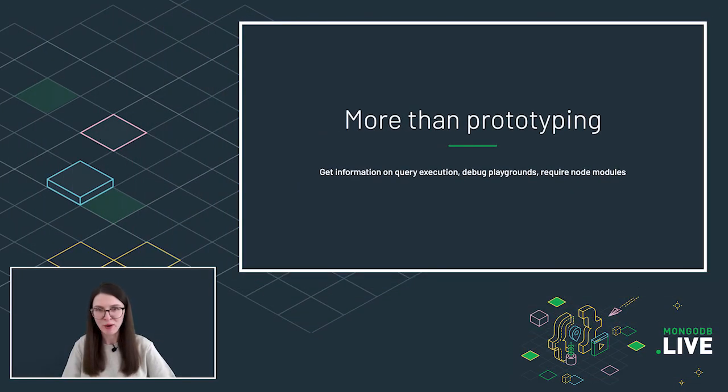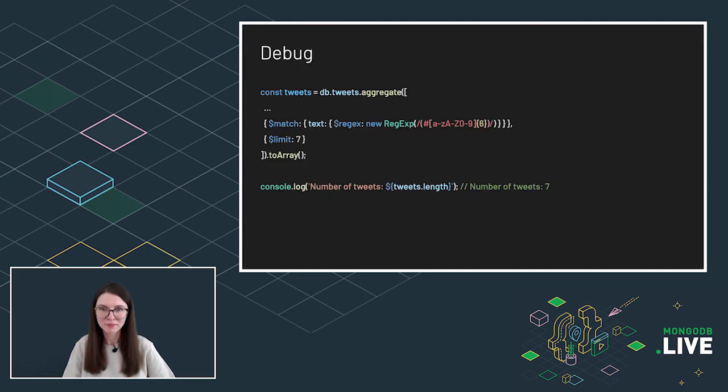So with MongoDB Playgrounds, you can access your MongoDB documents, prototype queries, check playground results, or even run stages to debug your aggregation pipeline. But there is even more that you can do. MongoDB Playgrounds are JavaScript environments. It means you are not limited to writing only MongoDB commands. For example, you can use console logs so you don't have to change the playground output each time you want to check the result of some intermediate step. You can simply print the debug information using console logs to the Visual Studio Code output channel.